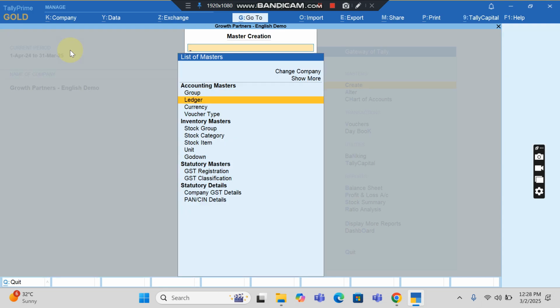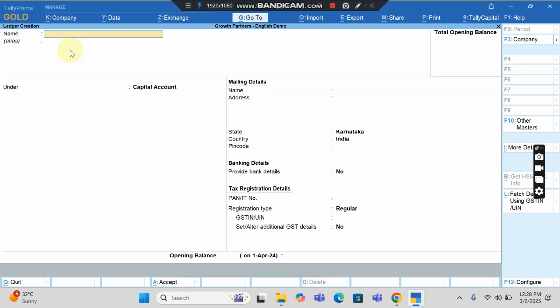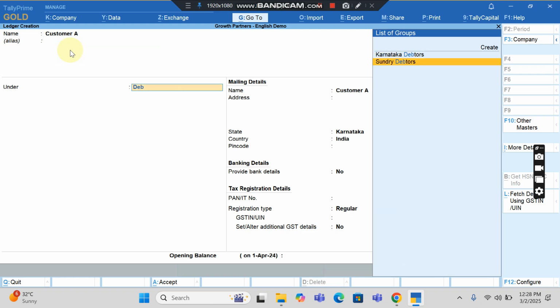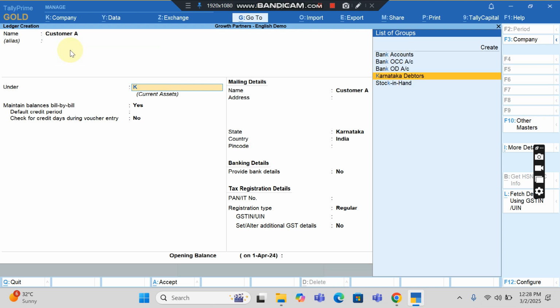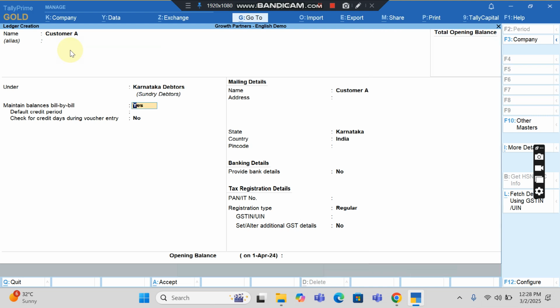Now I want to create a ledger. So I'll go to Ledger and say I want to create a debtors ledger, right? So I'll say Customer A, and then I select Sundry Debtors. In case Customer A is from Karnataka, I'll select Karnataka debtors, and as you can see, it is under Sundry Debtors again. And I'll then say,